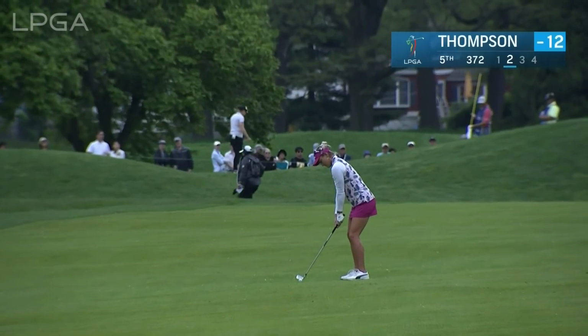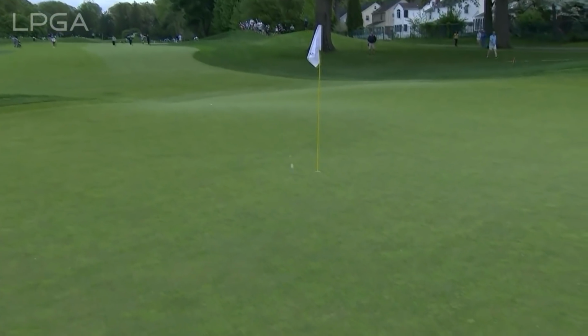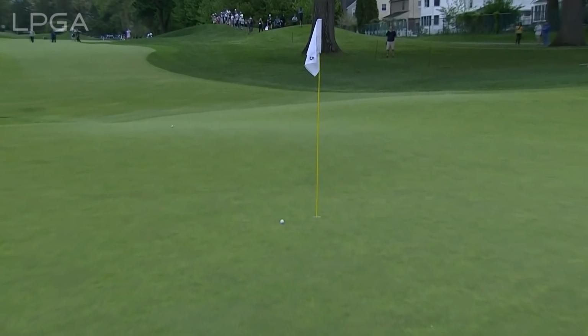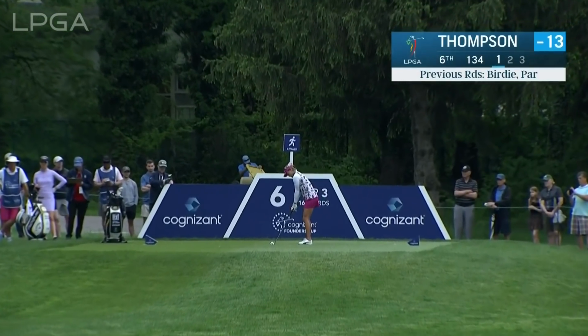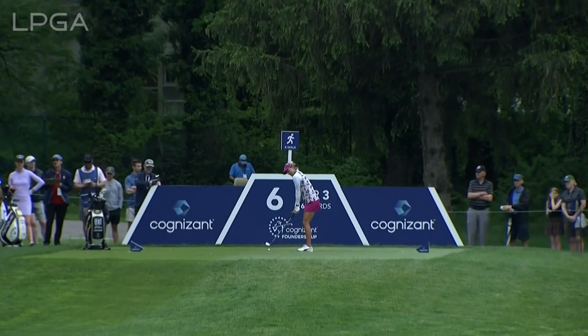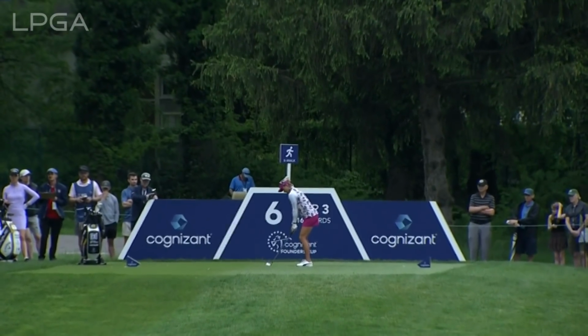for Europe. Lexi Thompson hasn't won in almost 3 years, but she's showing signs that she may be ready to end that drought. And this was her second at the fifth. Nearly holds it. Lexi, coming off a tap-in birdie back at 5, has a wedge in her hand here, 134 yards, very gettable. Light breeze from the southeast, which is the same direction from which the rain is